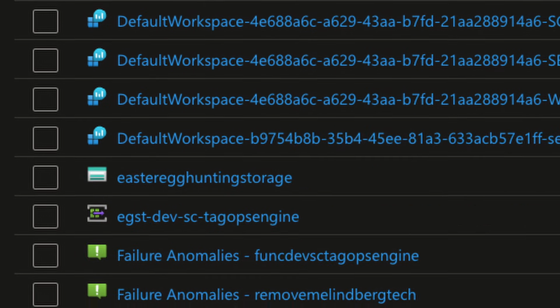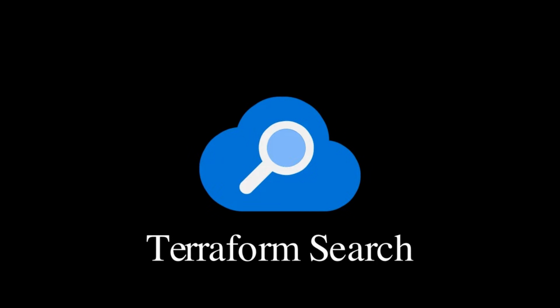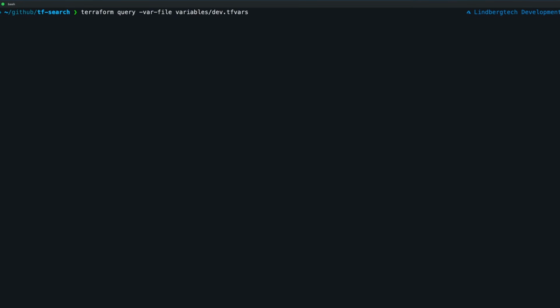Cloud environments can be a mess. Resources get spun up, some disappear, some just linger. But what if I told you that Terraform could help you find all of these resources? So that is what we're going to do. Today we're going to dive into a powerful Terraform feature that is going to be a game changer for us